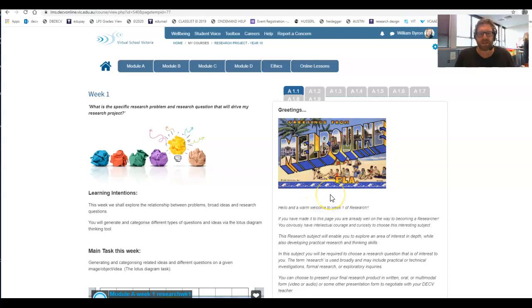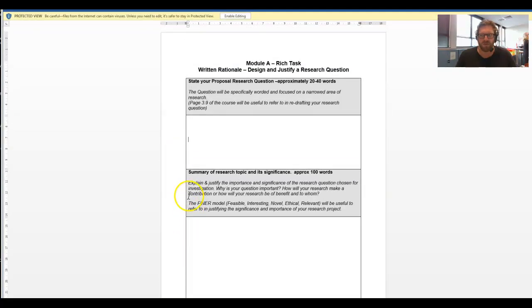I just wanted to make clear that this subject is designed in modules, and each module is made up of 4 weeks. In order to get a satisfactory for the first 4 weeks of this subject for module A, you need to be completing as many of the tasks as you can throughout each week, and you will need to be able to submit at the end of that module this task, which is called